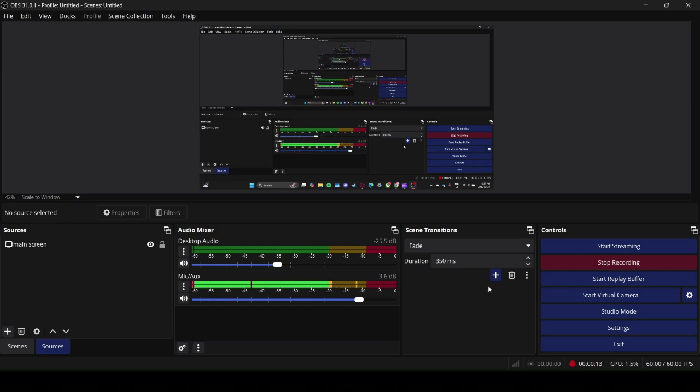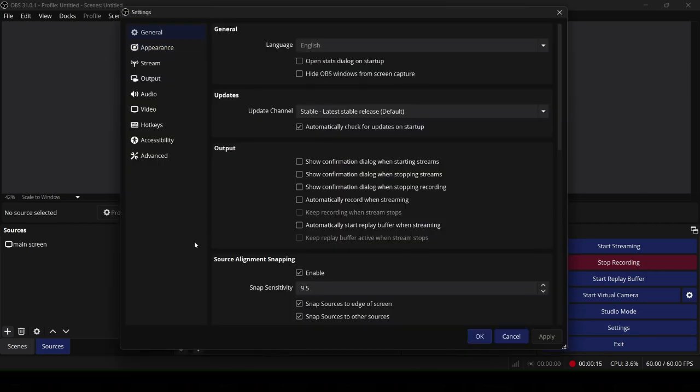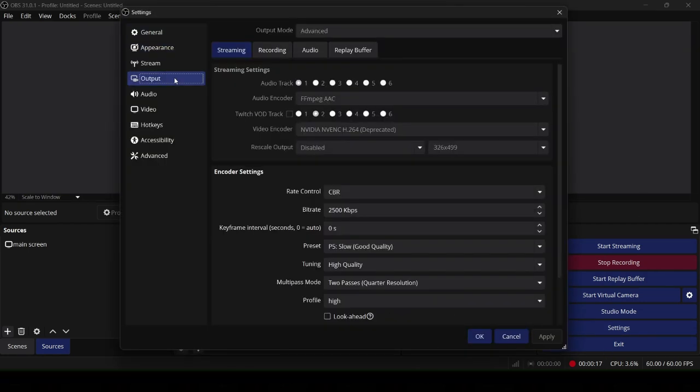So, to begin, what you want to do is head over in OBS Studio and click the settings button. Now, once the settings pop up, you want to go to Output, and then there will be a tab at the top that says Output Mode. Make sure this section is set to Advanced, so you'll have access to the Replay Buffer tab, which is the